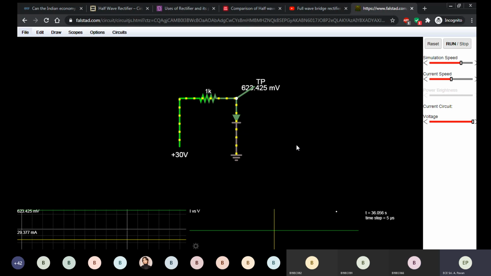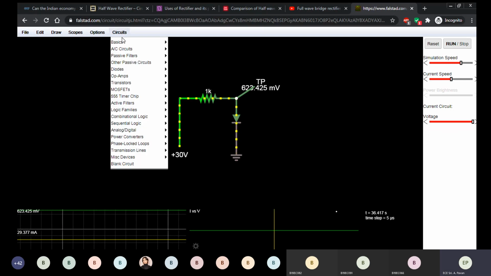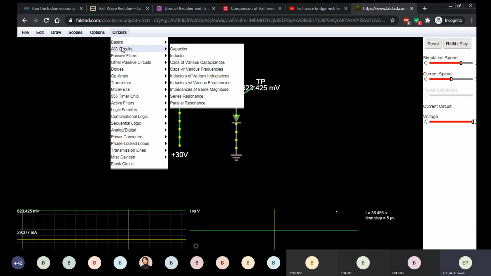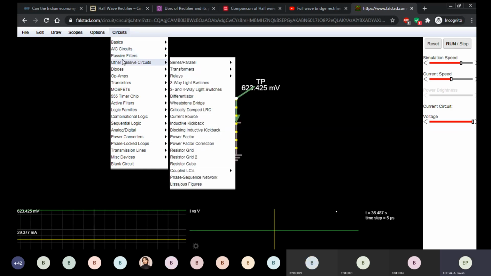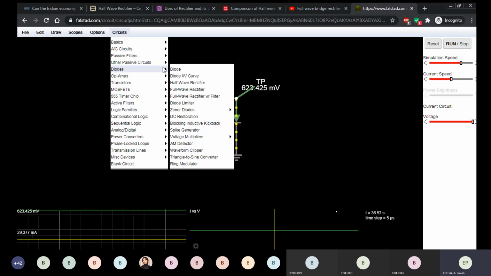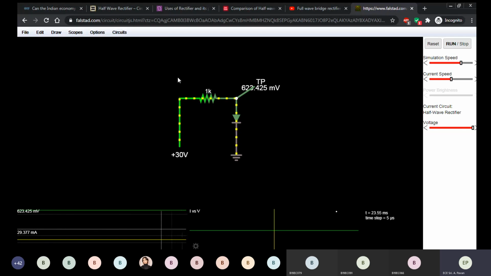During the first experiment, diode characteristics of a PN junction diode, this is the circuit we have used. Now, let us use the same circuit and design a simple half-wave rectifier circuit. And what we have seen is the output of the half-wave rectifier is only half of the sine wave. So let us see them. Go to circuits. Then click on half-wave rectifier.